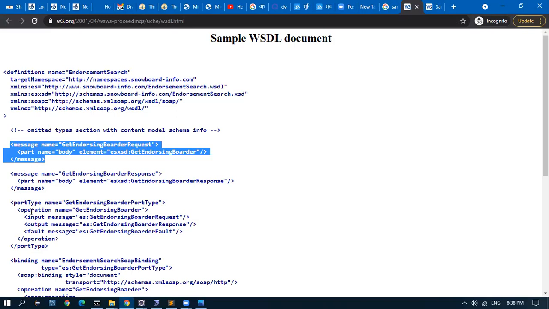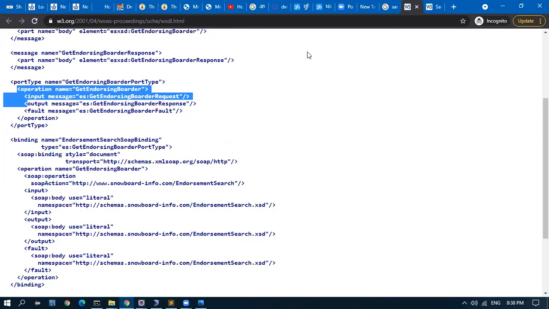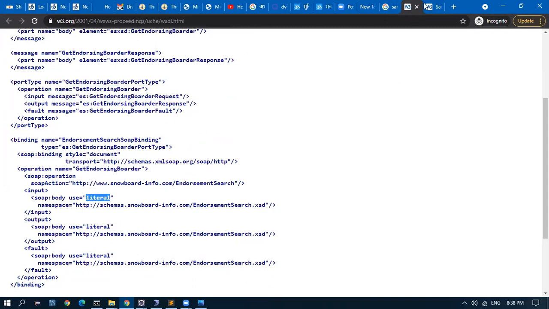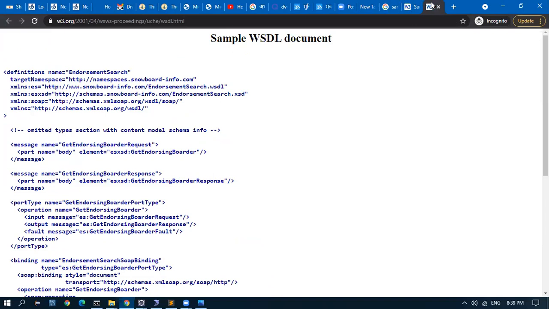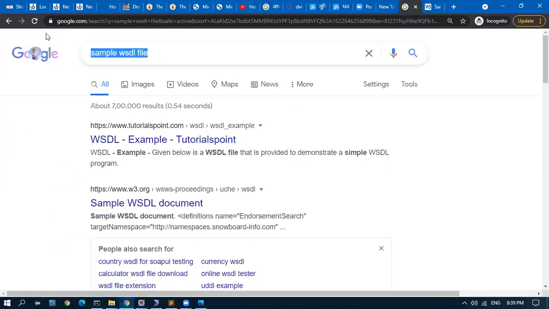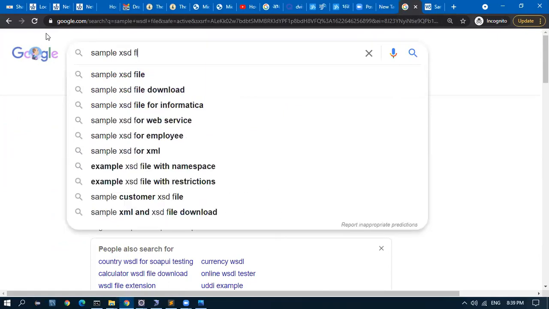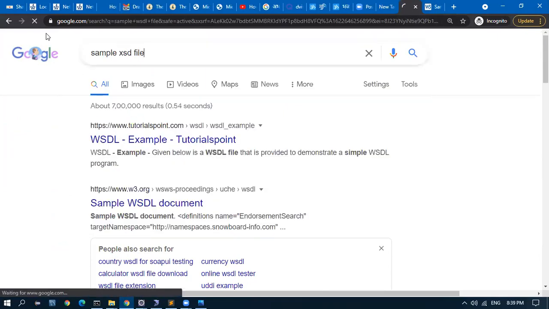This tag should have these many subtags inside. These are all allowed. So like this, we'll have a complete definition.